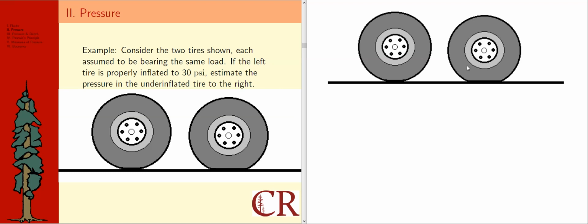I've copied this picture into my whiteboard space because I've set up my pen to only write in that section, so this lets me look at this in some more detail. And the formula I'd like to use to help me understand this is pressure is equal to force over area. And we're assuming, since it says that each of these tires is bearing the same load,